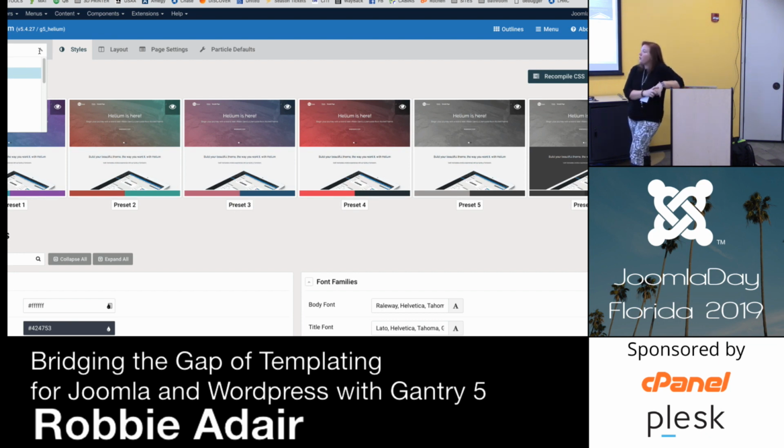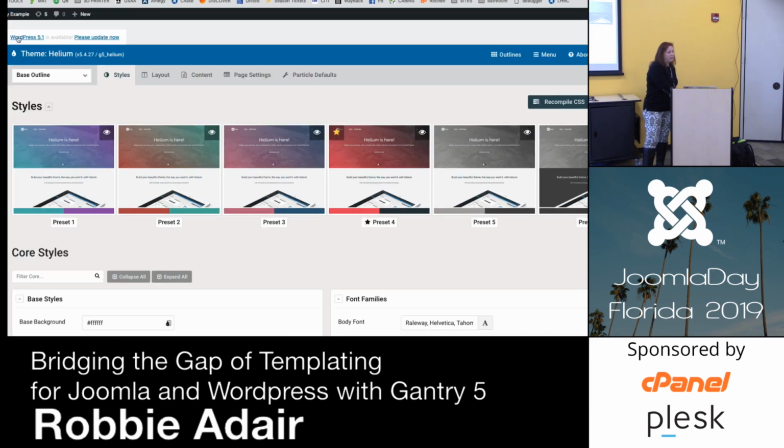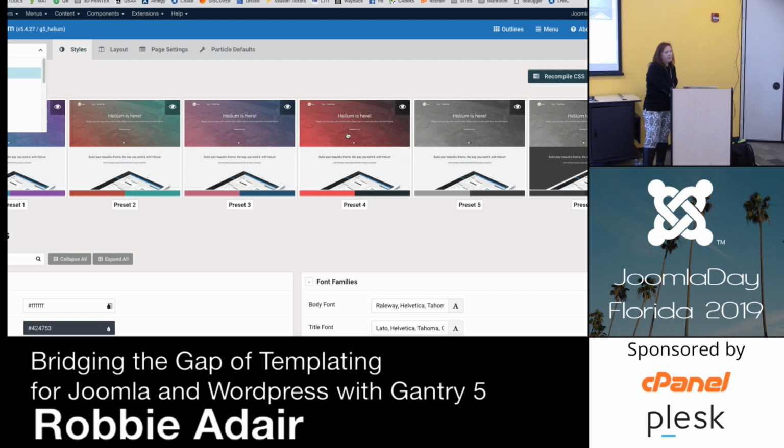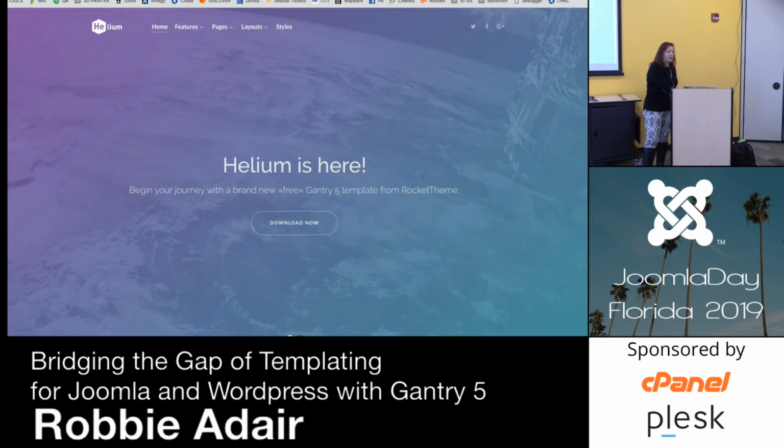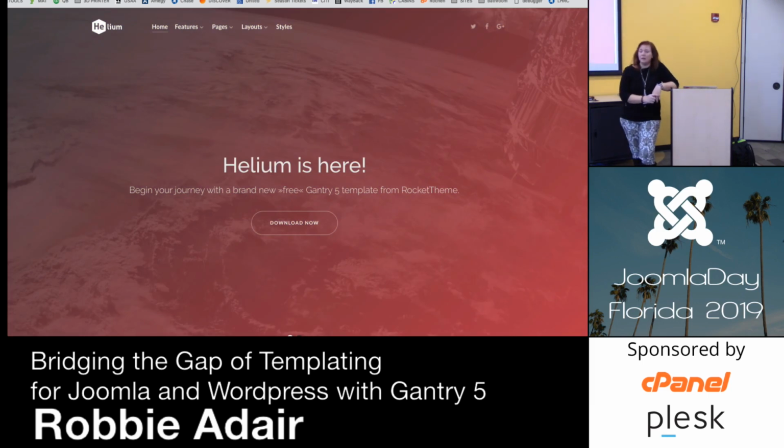So if I go back up here and I go to base outline, the base outline is where you normally would want to start. And by the way, I was on my base outline over here. I was not on my base outline over here, so we'll do this and we will save that. And now we should have the right color here. Hopefully. I'll just assume it's going to work. I don't know why this is functioning so slowly. There we go. Ta-da! See, when you get it right, it works.